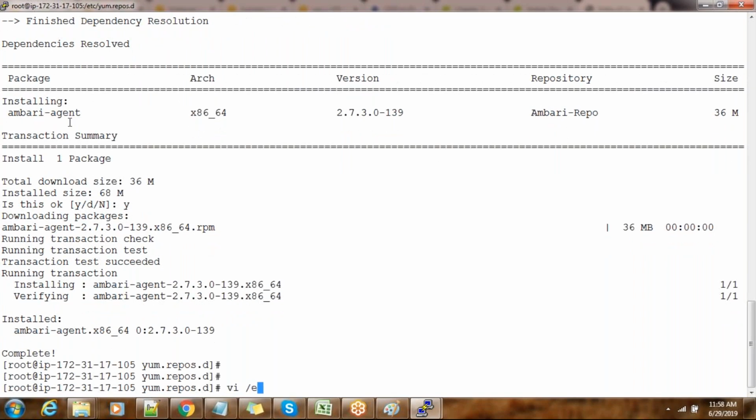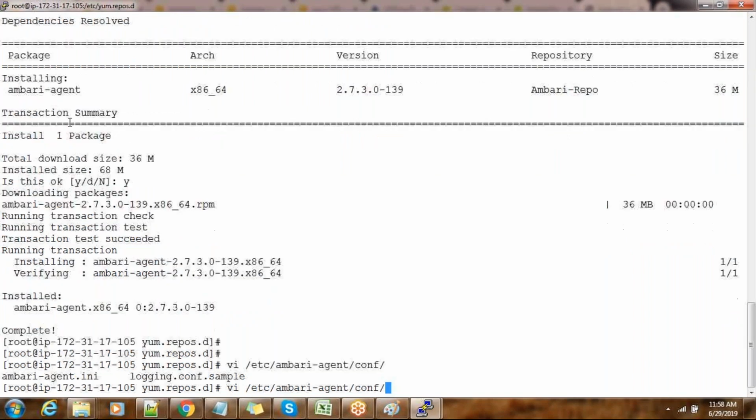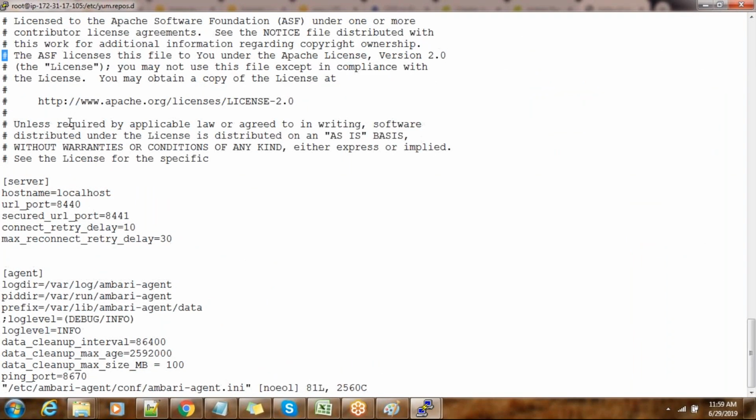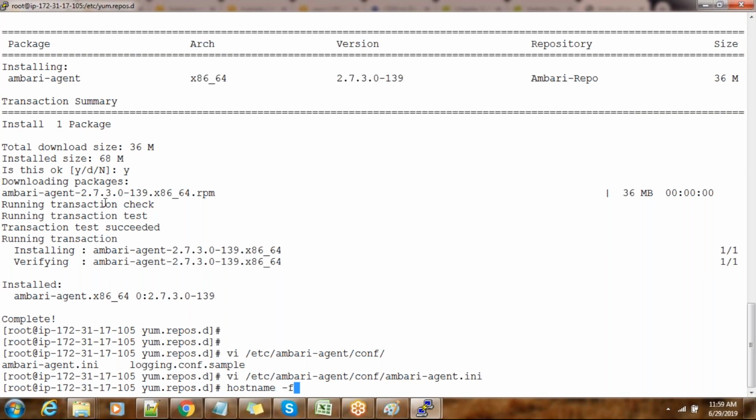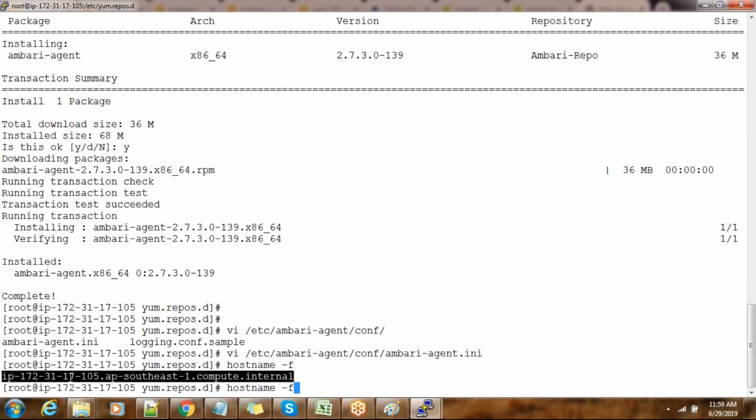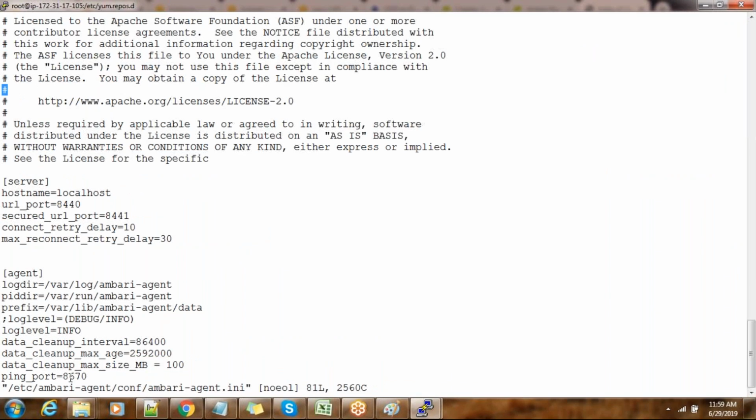What you have to do is go to /etc/ambari-agent/conf, and edit the ambari-agent.ini file. Okay, what is the Ambari server host name? Use the server name where you installed it. Sorry, I think that is not the name. So let me, this is my server name. You have to edit this file on all the hosts if you are manually doing the agent installation. Otherwise, Ambari server will do this job for you, but you have to pass the key files.